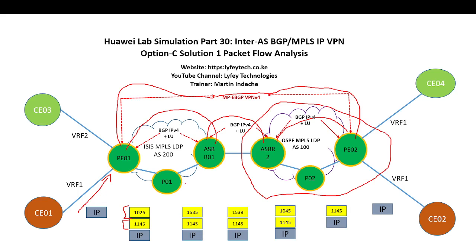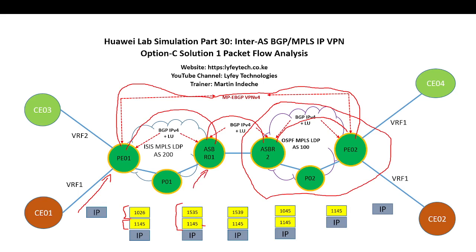P01 will perform a swap operation for the outer label, and you can see here we have the outer label. The inner label remains the same, 1145. So the inner label is never touched until the packet arrives on the remote PE. So P01 will perform a swap operation, replace 1026 with 1135, and send the packet to